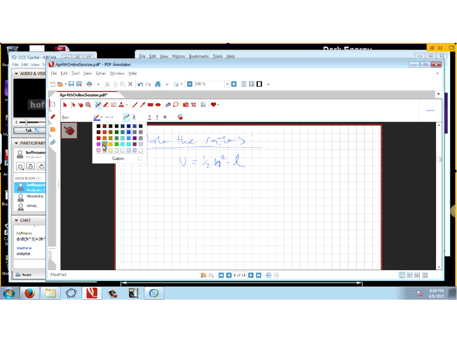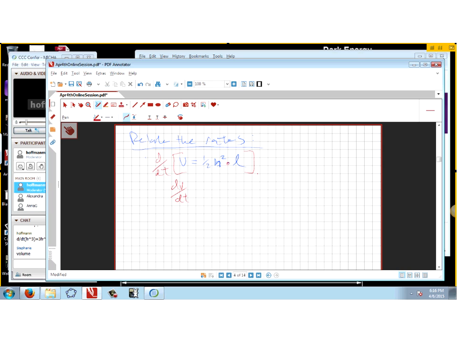Okay, and then I'm going to take the time derivative of everything. I'm going to notice that we don't actually really need to use implicit differentiation, but I'm going to do it anyway. So what does this become? This becomes dV/dt,